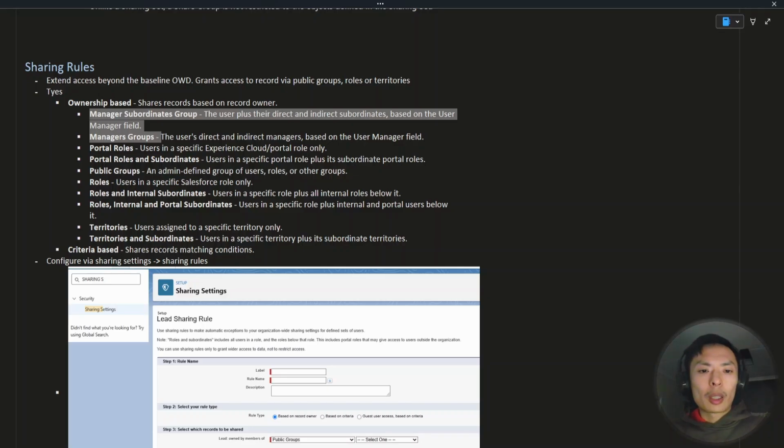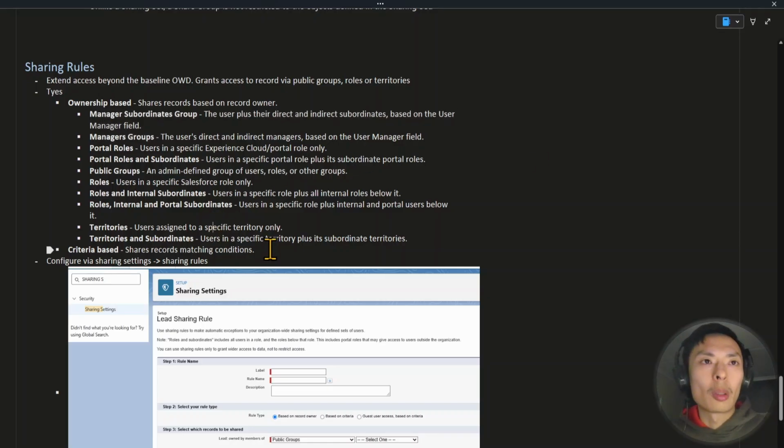So these are your manager relationships. With role hierarchy, Sarah can be the sales director, John can be another sales director, and Mike is the sales rep. So you can see how manager relationship does not necessarily equal the role hierarchy. So that's one very important distinction to know about when it comes to